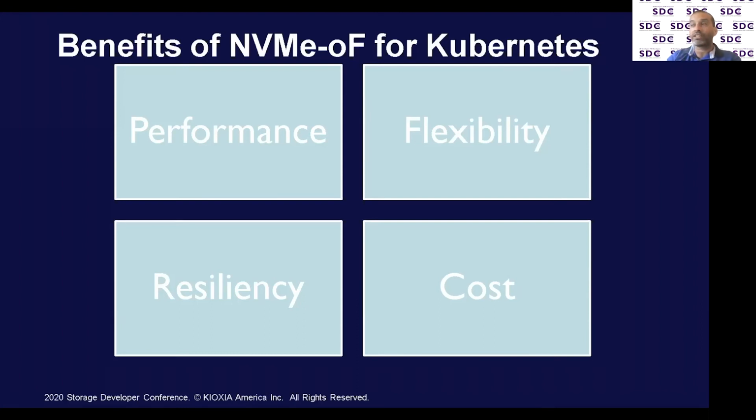So storage can travel with the pod now. It is not local, so it can travel as the pod travels to another worker node. Since the storage is disaggregated, it provides cost benefits. Your utilization is much better than letting some storage go to waste in every worker node or every local node. And since storage is at one central place, disaggregated, it's much easier to provide native resiliency if that is needed.